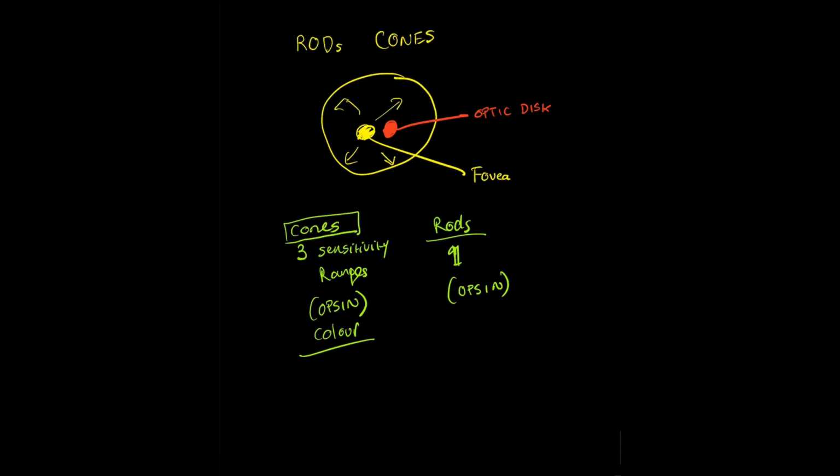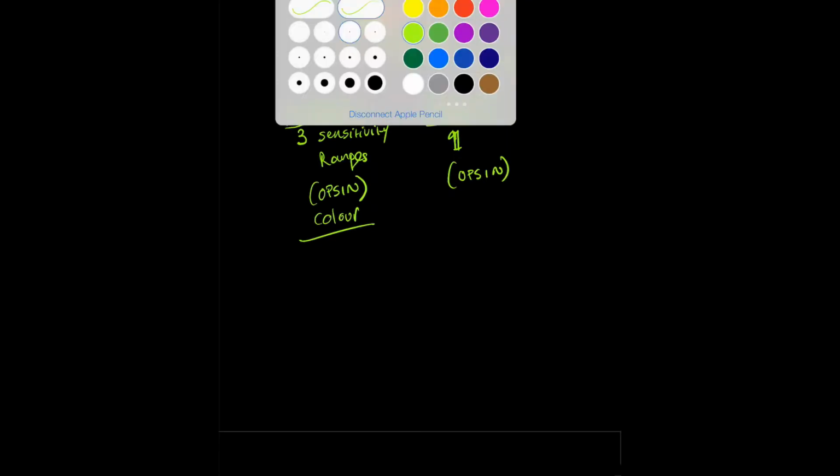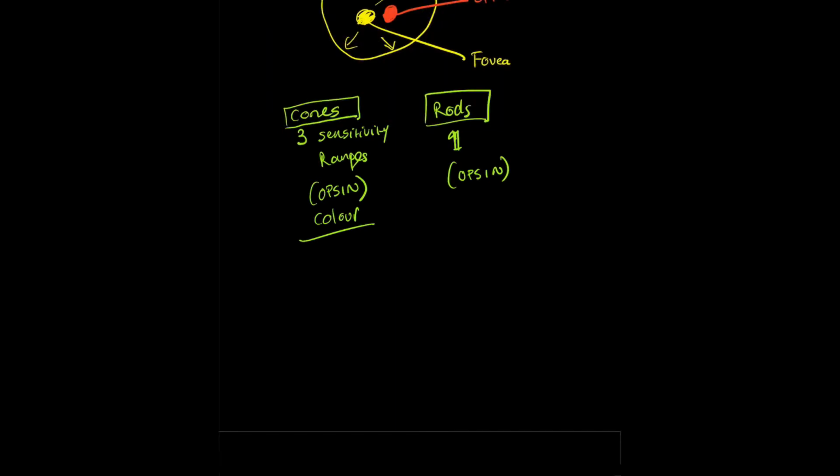In terms of sensitivity to light, the cones have a really poor sensitivity to light, which means that in darkness these are very poor, and rods are quite good in darkness because they have a relatively good sensitivity to light. And what that basically means is that